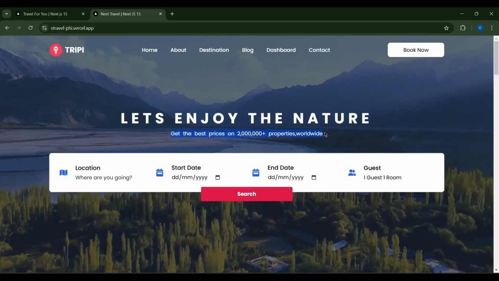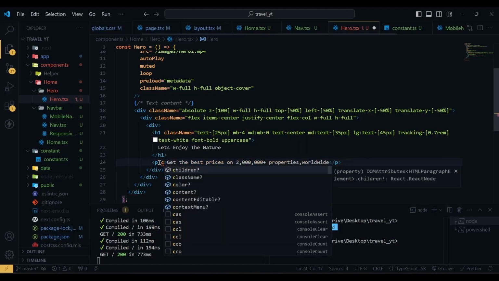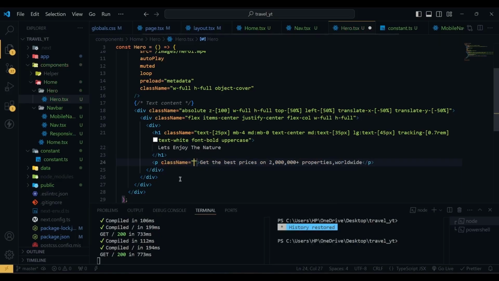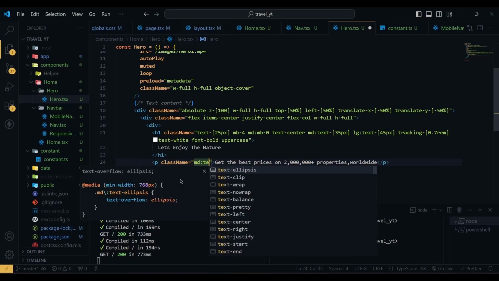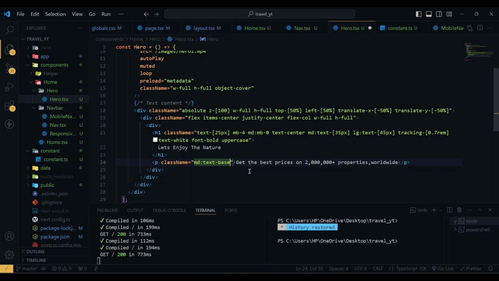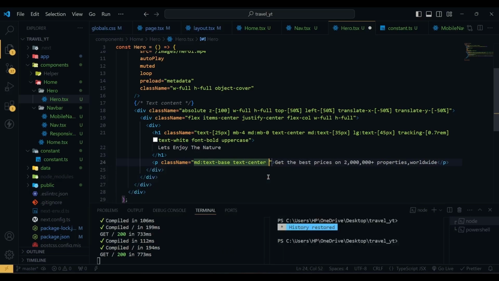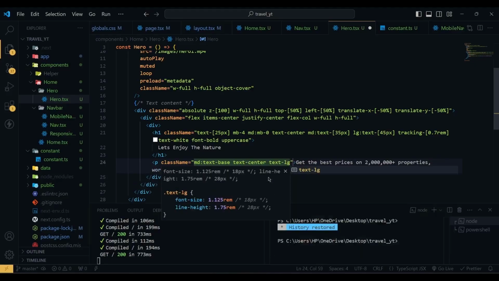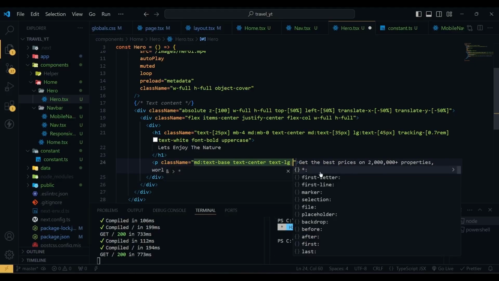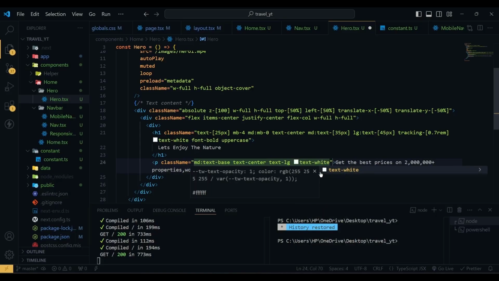So let's copy this and then paste it here, and this p tag will have a class name of, in medium screen text will be base, text center, text will be large, then we have text color white, font will be normal,